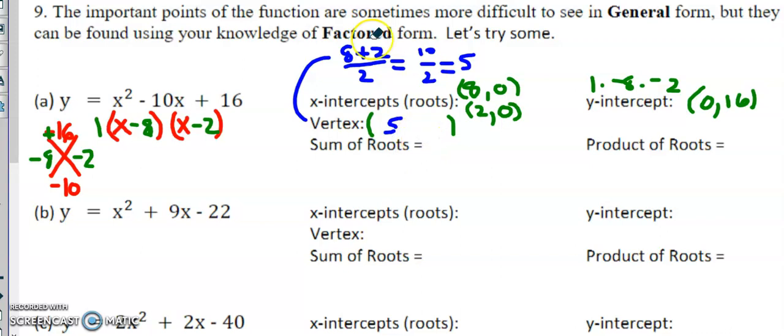To find the y value of the vertex, we stick the number back into the equation here and solve. So it becomes 1 times, if I put a line here, this becomes 5 minus 8. This becomes 5 minus 2. So it's 1 times negative 3, 5 minus 8, times